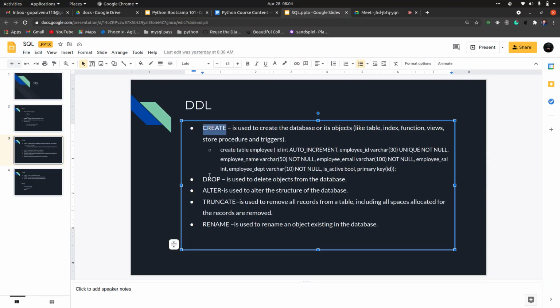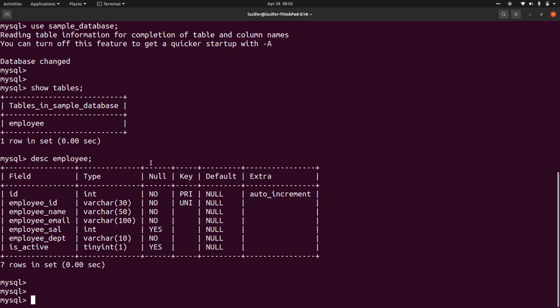Okay, now the next one is the delete command. Delete command is basically the drop command. Drop command is basically used to delete objects. Objects here means the tables, views, procedures, or even the database, right? So to delete those kinds of things, we use the drop command.